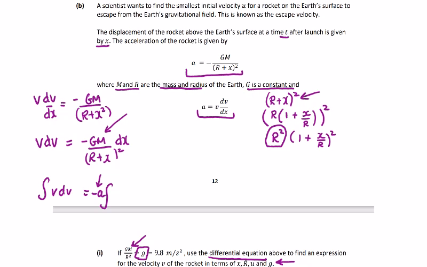So I'm taking out the g and I'll be left with 1 over (1 plus x over r) squared. So a little bit tricky. I think we're going to have to do integration by substitution here. If we let u equal 1 plus x over r, will this help us? 1 plus x over r, du dx